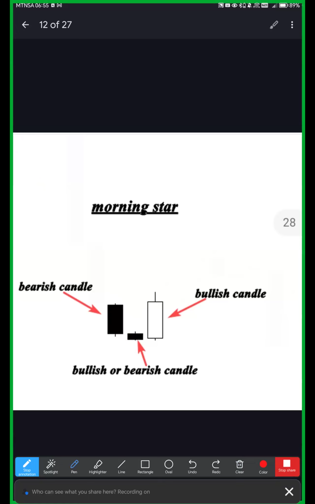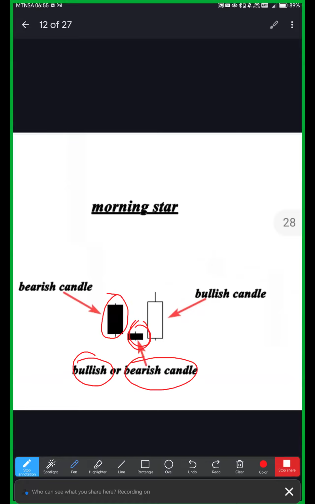Okay, if this was a 4-hour time frame, this was a 4-hour session. When this session is ending and another 4-hour session comes in, you can see that the presence of sellers that were here differs from the presence of sellers that are here. So the first candle tells you that sellers are still in control. They are in charge of the market. Now the second candle, can you see it is small? This candle can be a bullish candle or it can be a bearish candle.